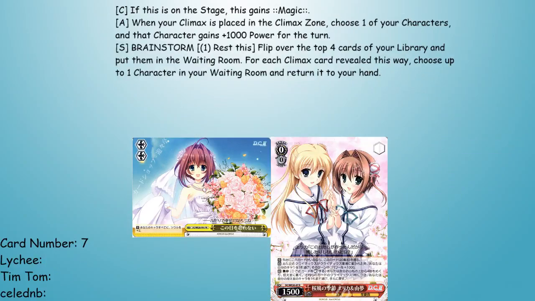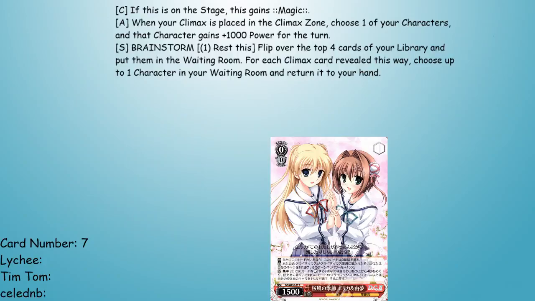Alright, then we move to the exact opposite of a niche card. This is the card that saved the Capo from being complete trash. Erica and Yume, Season of Cherry Blossoms, the 0015. It is royalty and student council traits, and it also has magic trait when played to stage, which is very